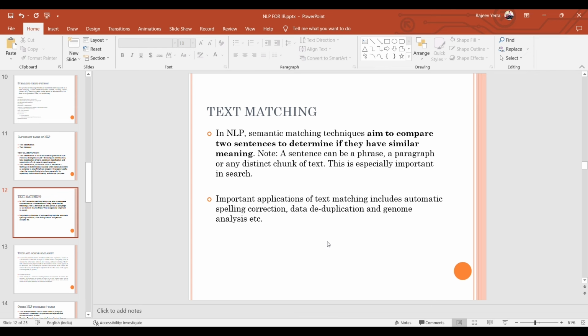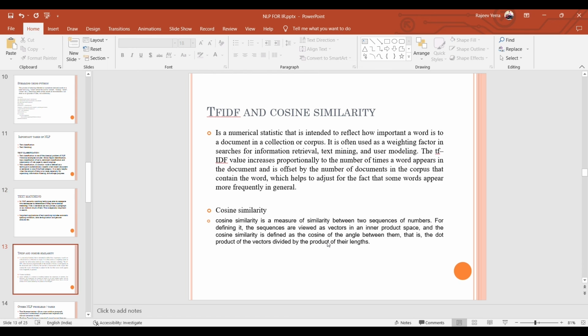Text matching is also helpful to give you the best results when you search something on the internet. So I'll tell you how this happens. With the cosine similarity between two texts, when the cosine similarity is very high, it will give you the perfect match for the text. So let's discuss something more about TF-IDF and cosine similarity in the next slide.